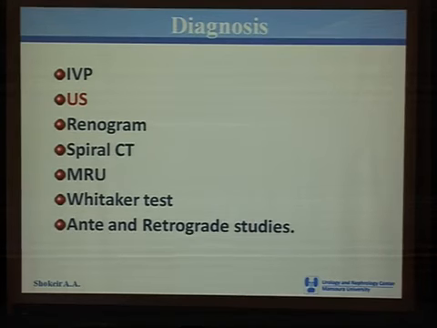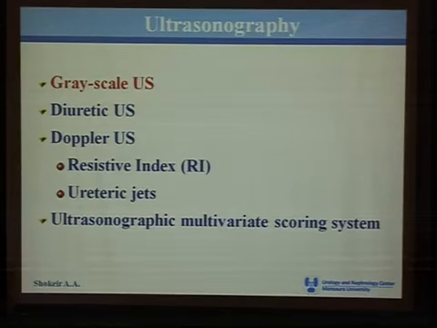Then the next item is ultrasonography. Ultrasonography is very important in the diagnosis of obstructive uropathy. And there are various types of ultrasound in the diagnosis of obstructive uropathy. This includes grayscale ultrasound, diuretic ultrasound, and Doppler ultrasound. Under the Doppler, we have two items: renal